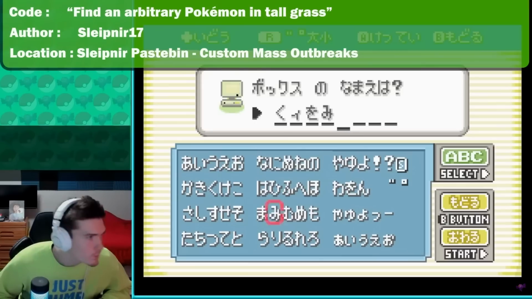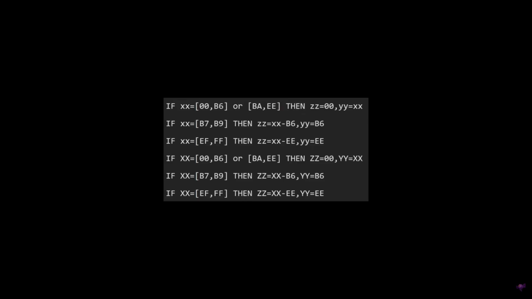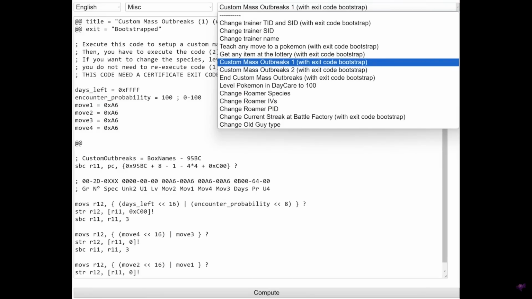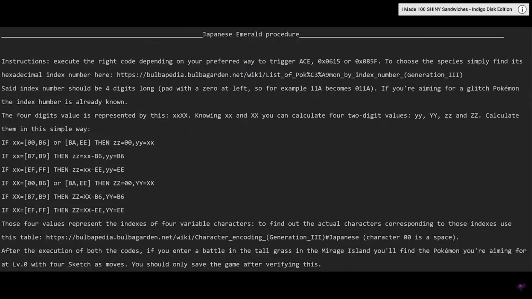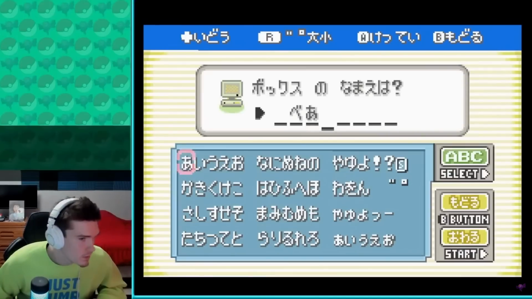This is where I'm actually happy that it's Japanese, because the glossary of what to name the boxes looks like this instead of this. You should probably just use the eShark code generator for this one though. Once again, you're going to want to use the hex code and the character charts from Bulbapedia to make sure you're putting in everything correctly. What we're doing here with this glossary is just converting Jirachi's index number to the code that will make Jirachi appear. Jirachi has an index number of 0199. We run the code and...